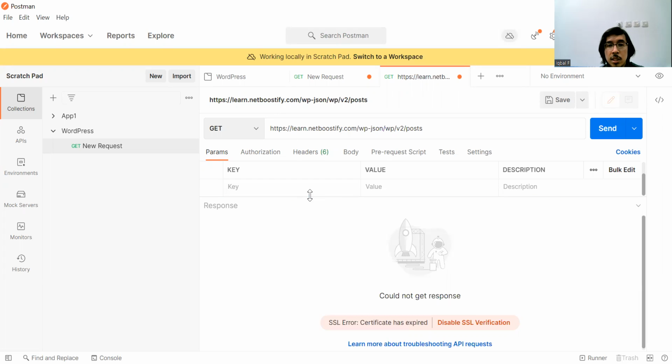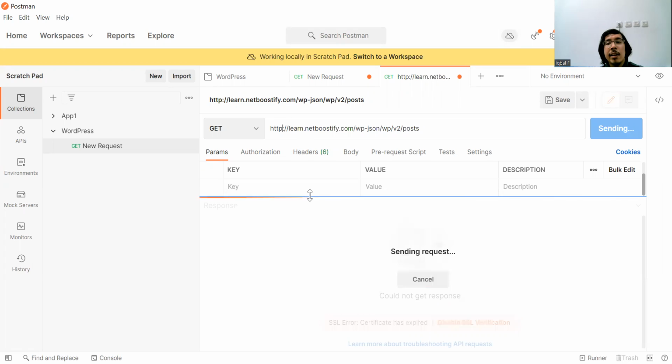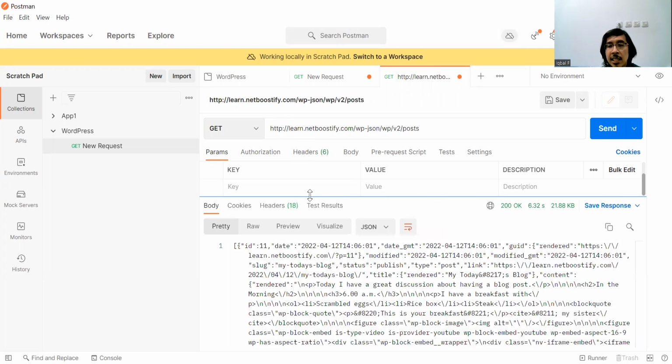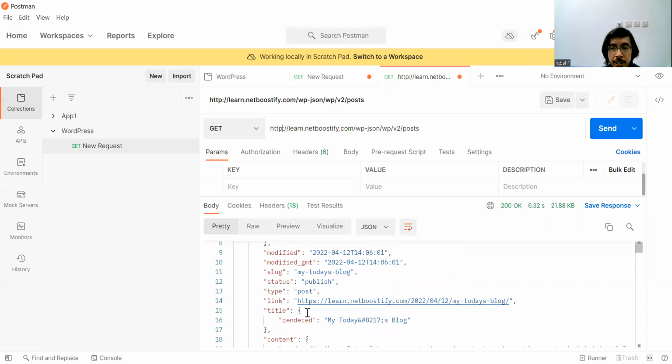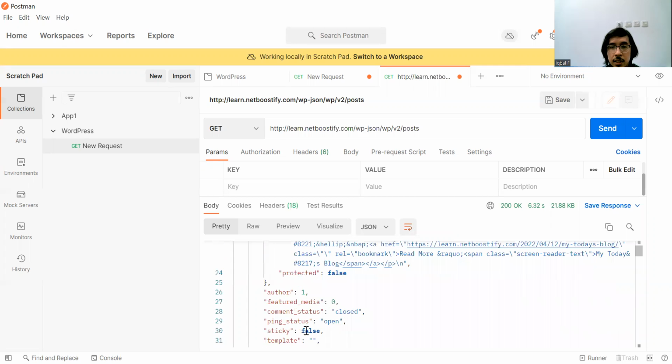But sometimes when you are using HTTPS, it is not accessible. If that happens, you can try accessing using HTTP, but please ensure that your HTTPS is on. You can ask the hosting provider about that. And then you could find the posts here, and I get several posts with the link and then the title and so on.